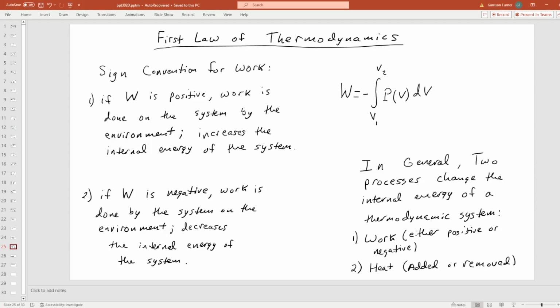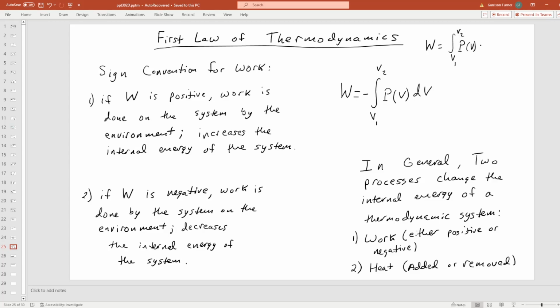We now come to the first law of thermodynamics. One of the things we need to address is a pesky minus sign issue that will come up. Various textbooks will handle this minus sign differently. It depends on the convention of how you want to define the work as to how to handle the minus sign. The OpenStax textbook will tell you that the work done is equal to the integral of